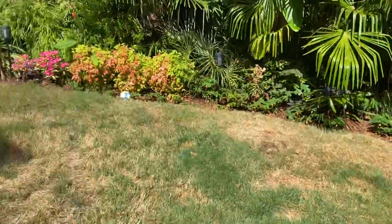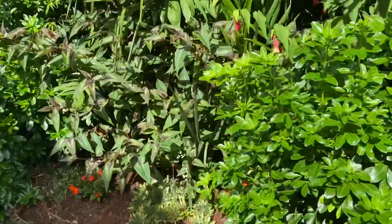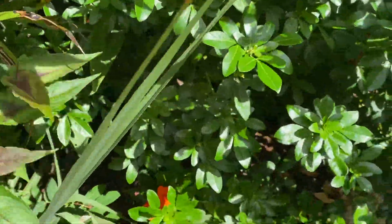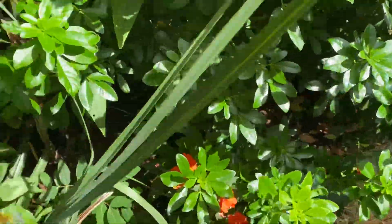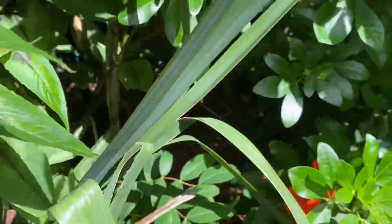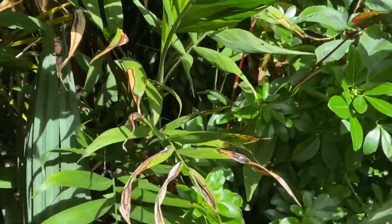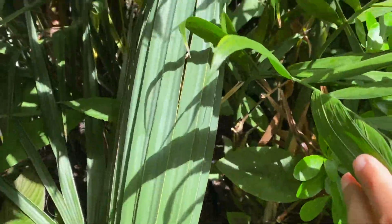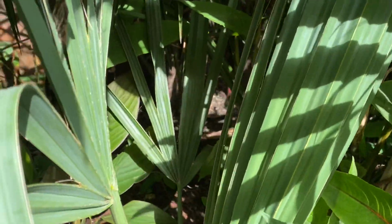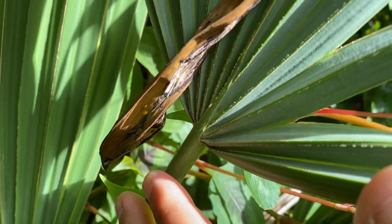I'll try and show you a minor I have. I gotta trim some plants back from it. These Persicaria red dragon, I'm not really liking these that much anymore. I'm thinking of removing them, but here is a Sabal minor. There you go. And here is the newest frond that's coming up. This is really turning into a nice palm. See if I can show you the base. It's a little bit different looking